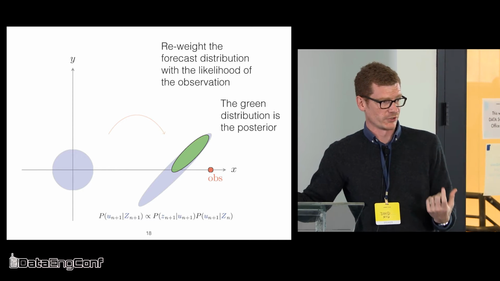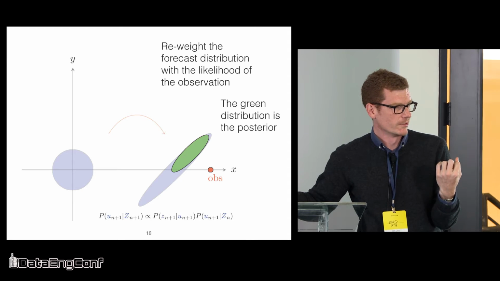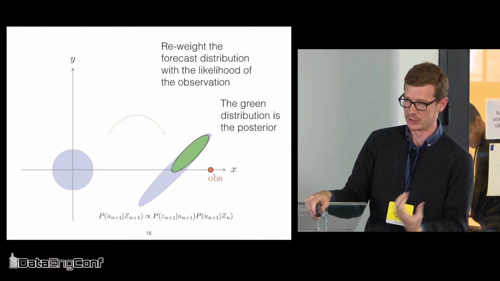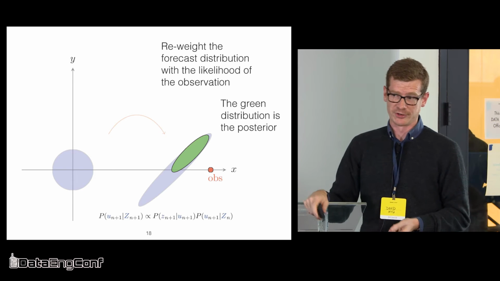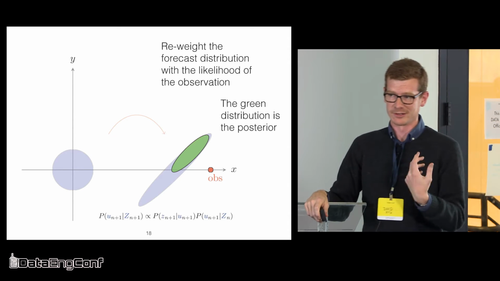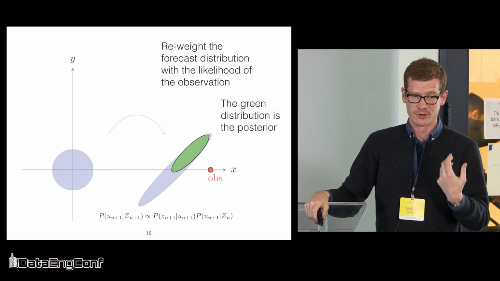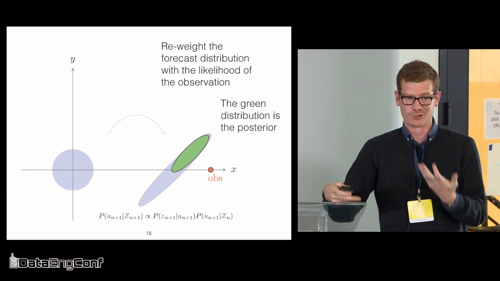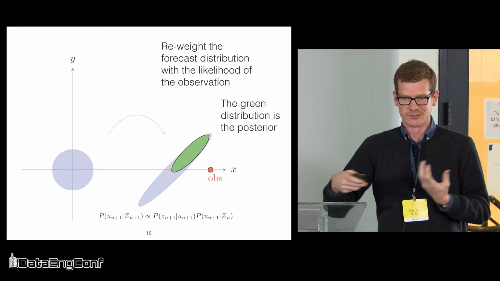But you might have situations where the forecast is extremely tight. So where this blue circle here would be really small, and you would trust your model a lot. And your observation, maybe you don't trust it at all. And in that case, you'd want to take a convex combination which is more in favor of the model than the observation. So there's an optimal choice, or a correct choice of convex combination, which is really just a function